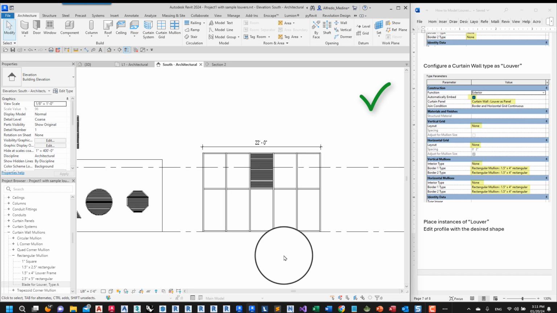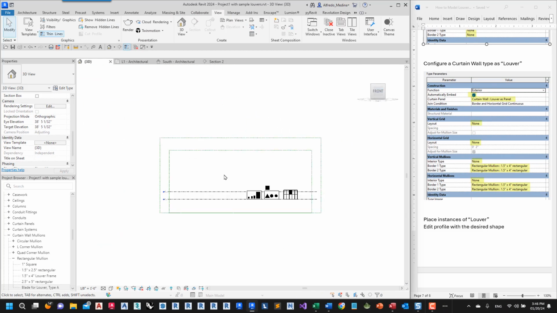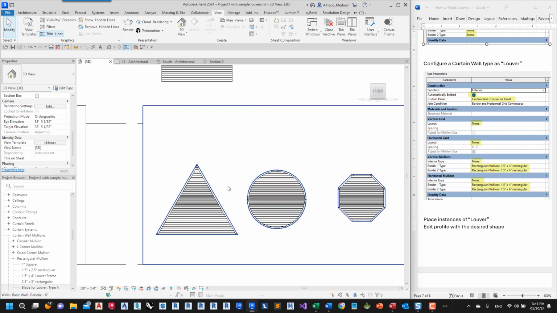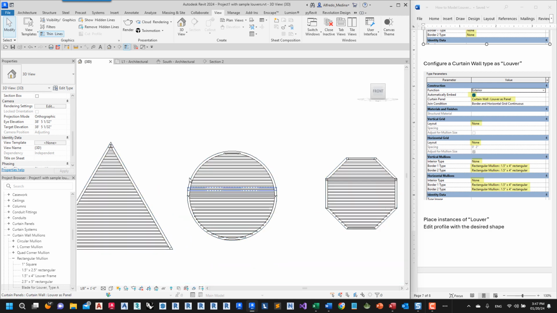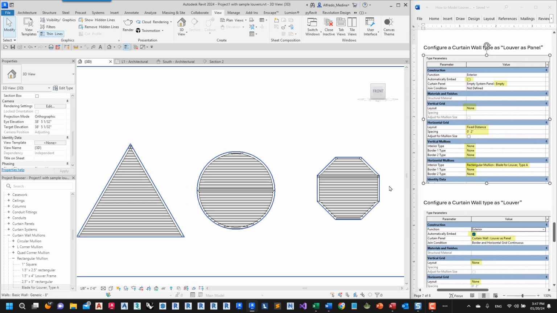When you see the new louvers in elevation, notice that the outside frame looks clean, like one piece around the louvers. You can see that here or here.